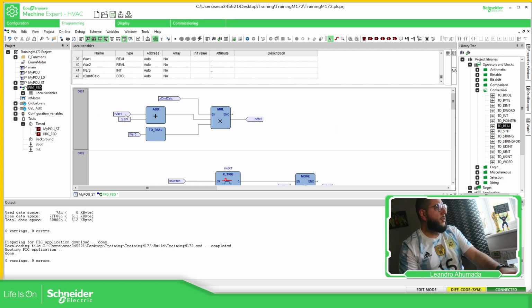What I have done here is similar to the example that I showed you before. The only difference is that I have this multiplication over here, so we can have an additional variable to execute the calculation when we want. So if we download this,